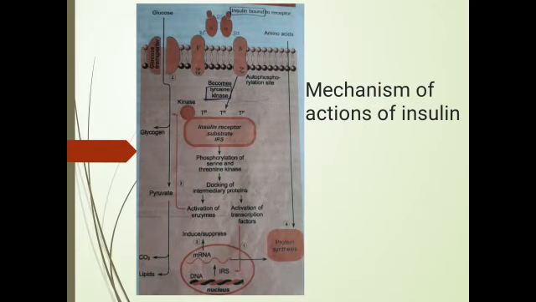So how does insulin act? The binding of insulin to the alpha subunit activates the tyrosine kinase of the beta subunit, which causes autophosphorylation of the receptor. This in turn causes phosphorylation of various intracellular proteins called insulin receptor substrates, which result in the actions of insulin in the target cell, like translocation of glucose transporters to the plasma membrane, activation or deactivation of enzymes of carbohydrate, protein and fat metabolism, modulation of gene expression, and synthesis of enzymes of metabolism.